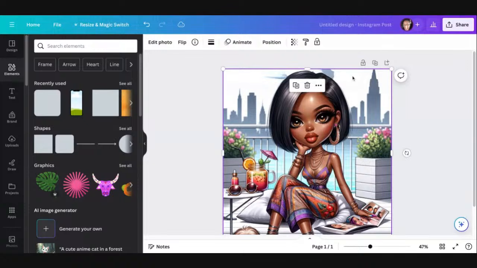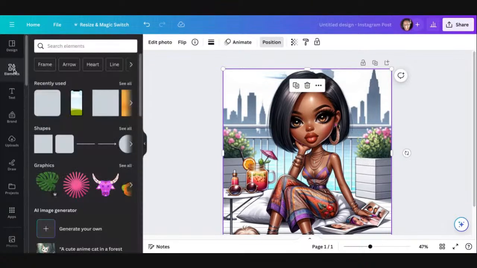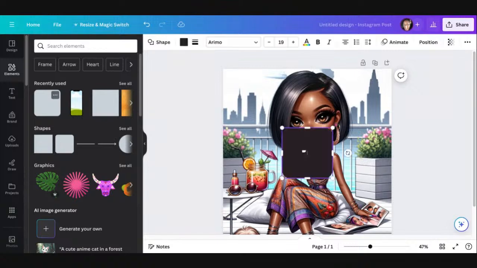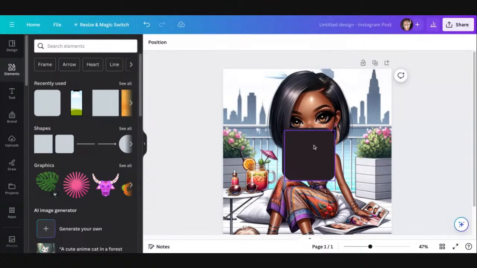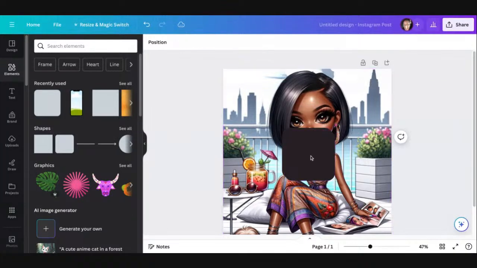Let me see if I can position this to the back to bring up the two parts that I had. Oh, maybe those, I wonder if it deleted by itself. Again, I'm moving so fast, I'm not even sure. So let me see if I can bring back up the elements real quick. See if I can get rid of that again. Let's see. Click on this. There it is. All right. Oh, I did it twice. I didn't mean to do it twice. Is it going to do it? It's not letting me drag it.